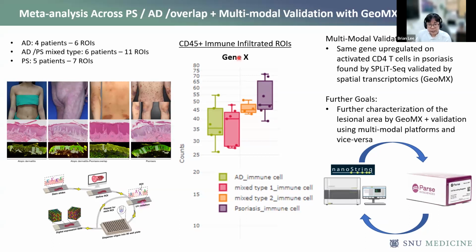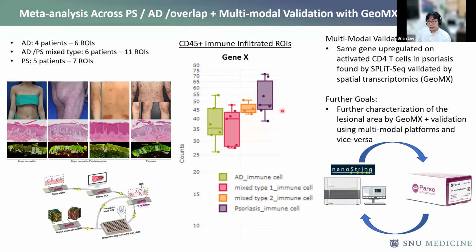And so we can see that this correlates exactly with the expression of gene X. As the expression of gene X increases, the phenotype towards psoriasis at the transcriptomic level also increases. And so we think that this gene X is very important, either in identifying or in its role in the pathogenesis of psoriasis. That's also recapitulated with this AD-psoriasis overlap in the psoriasis data set that we found